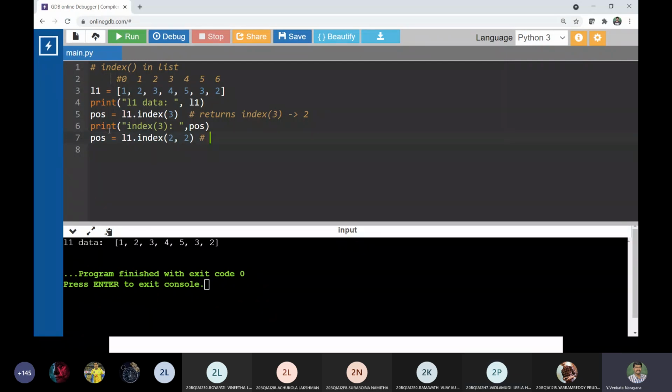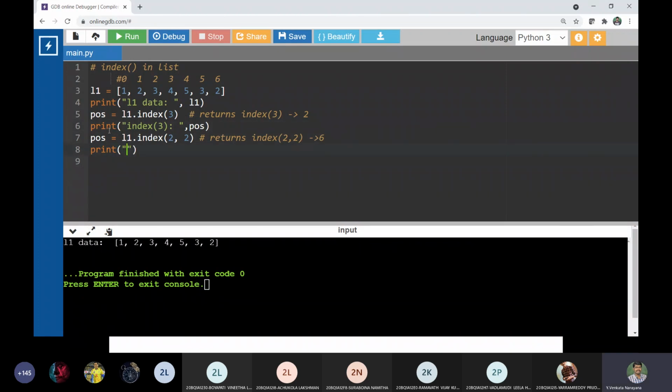This returns the index of 2. What is the value here? 6. Yes. So let us print the values.